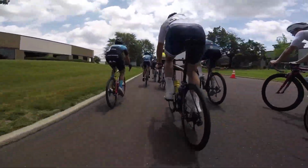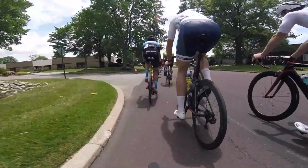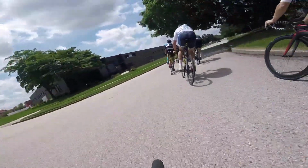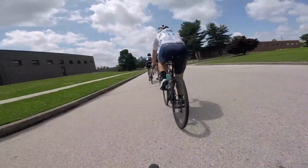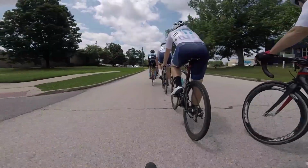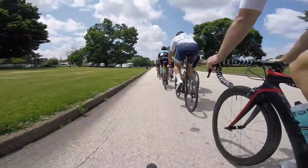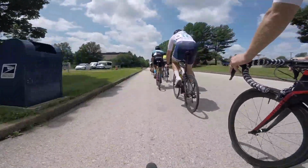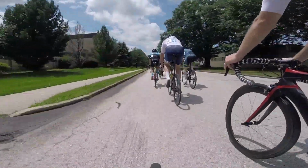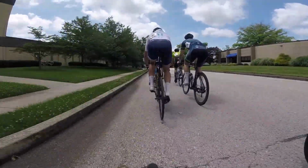So we're just going around the first lap here. So nice and wide. Pavement is nice, and so now let's talk about the wind. As we're finishing on the last straightaway, the wind's blowing kind of from the back, and then also from left to right. So right here, it's actually pretty sheltered. We're getting a little bit of a crosswind,